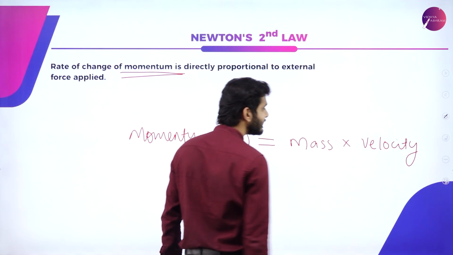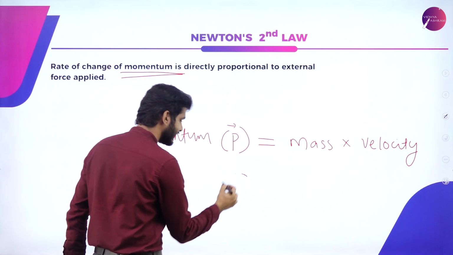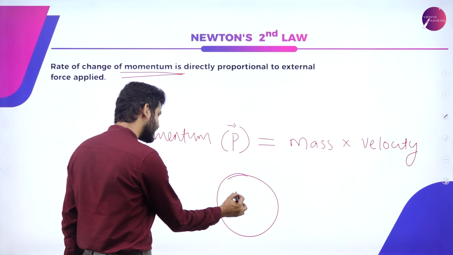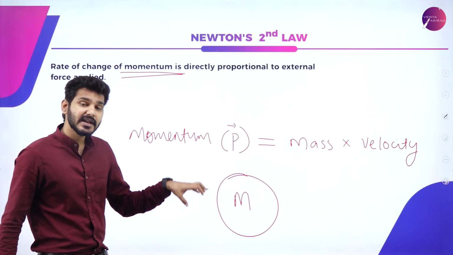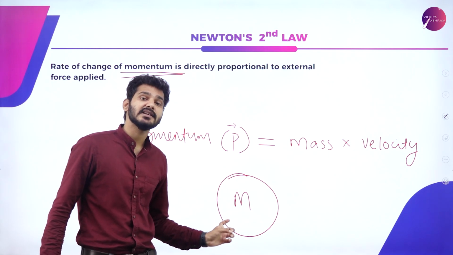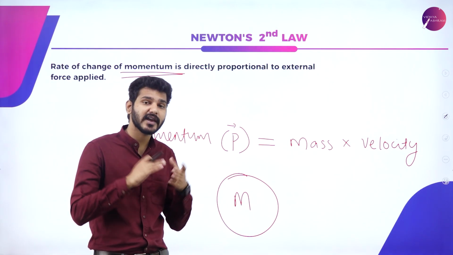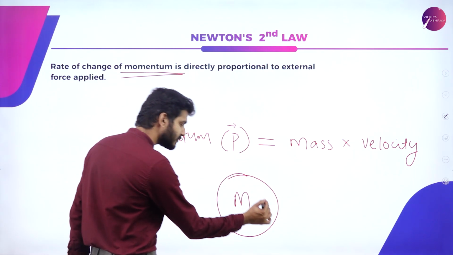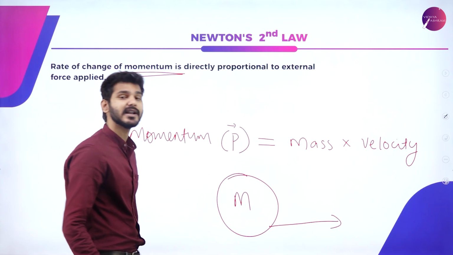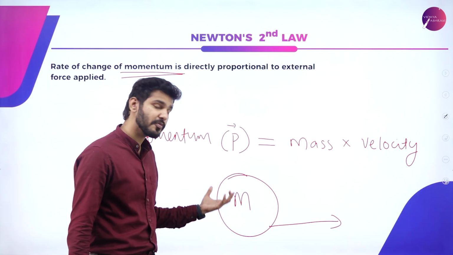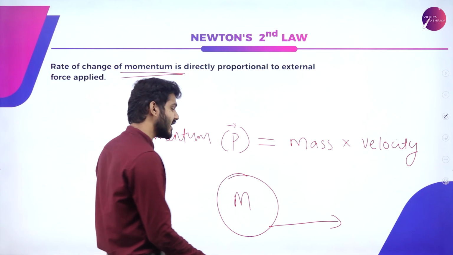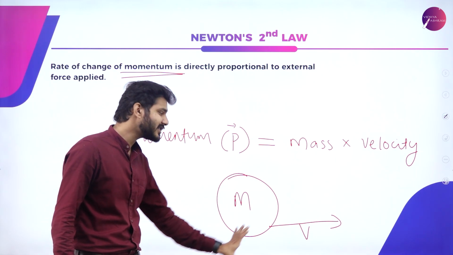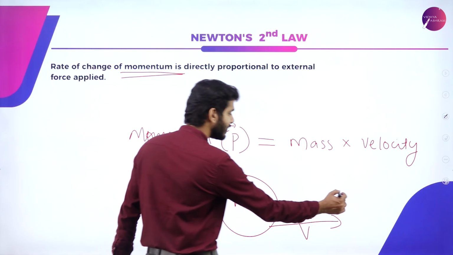To put it simply, if there is any mass, let's say this is an object, a ball, and this object has a mass m, then we can say that it gains momentum when it is in motion. Momentum is a fundamental property of any object that has a mass and is in motion, that has a velocity. So if this ball moves in any particular direction, with a standard velocity of v,